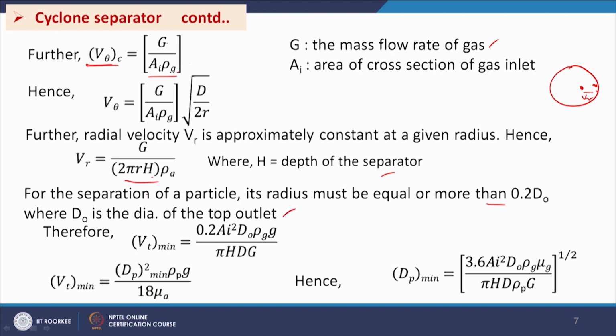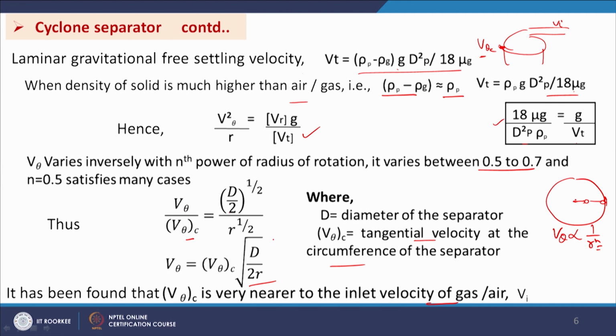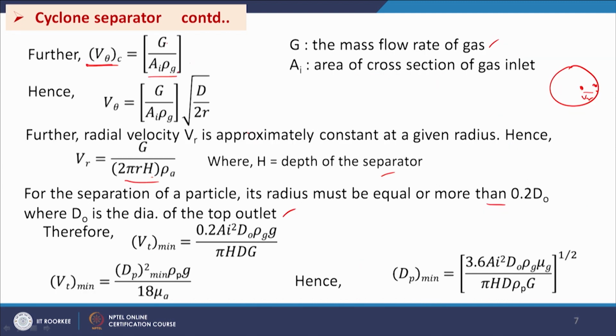Therefore, what will be V t minimum? We have the relationship V t equal to V r g by V theta square